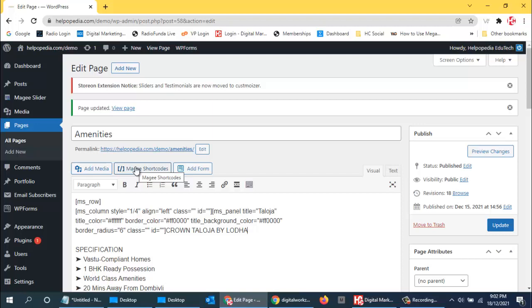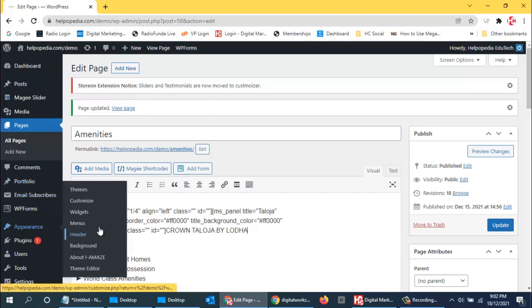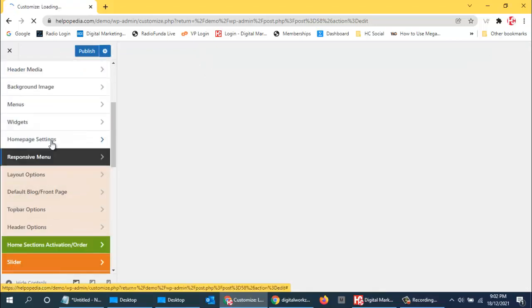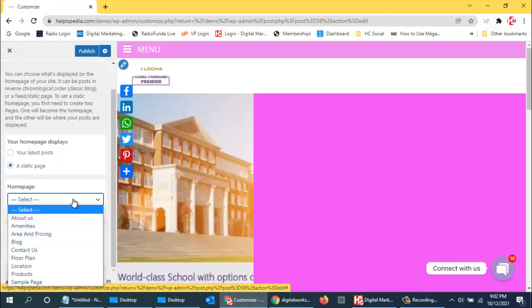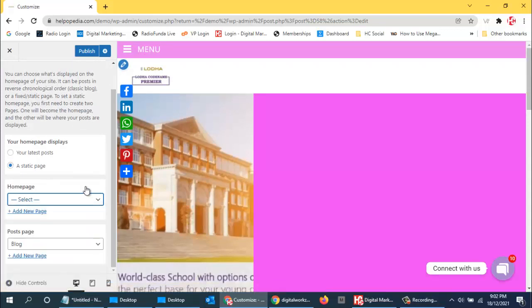Okay, so appearance, let me check what homepage settings you have used, because the homepage was not like this basically. Homepage settings is a static page. Okay, that is fine. Over here there is no page selected, so by default it will take the theme's home page. Or else if you want to create a new home page, you can add a new page, home, and then design your own home page with that plugin.